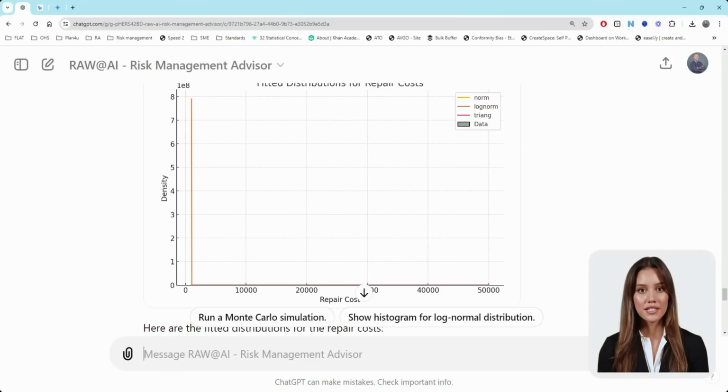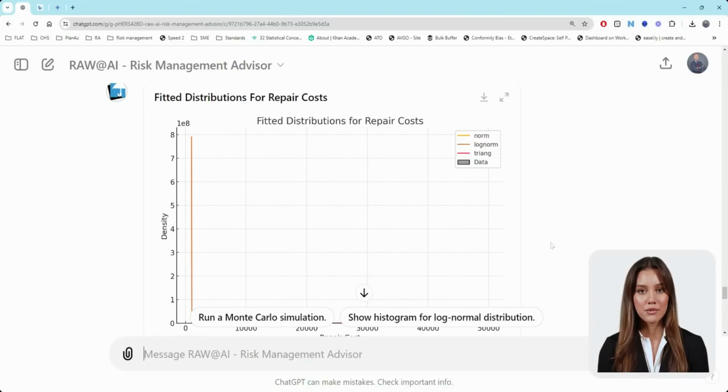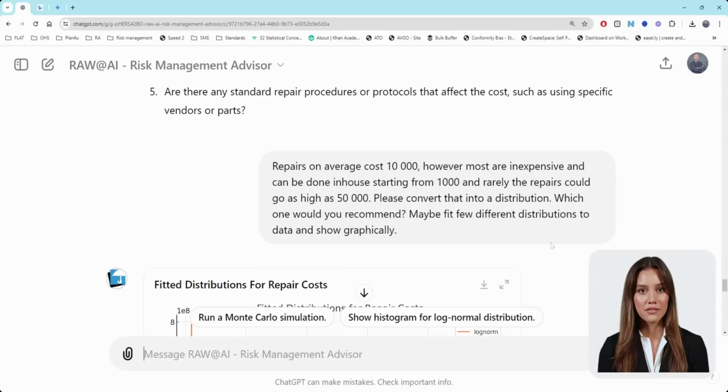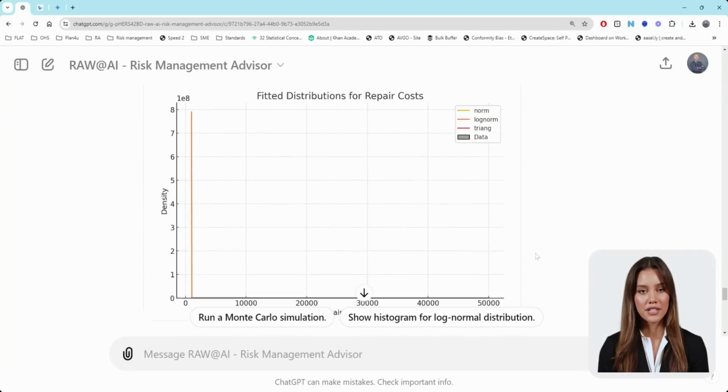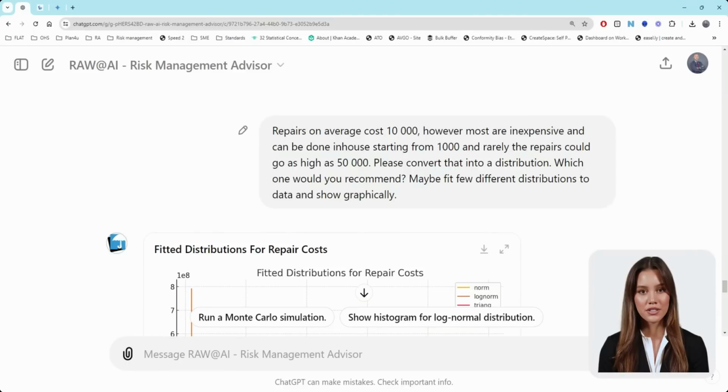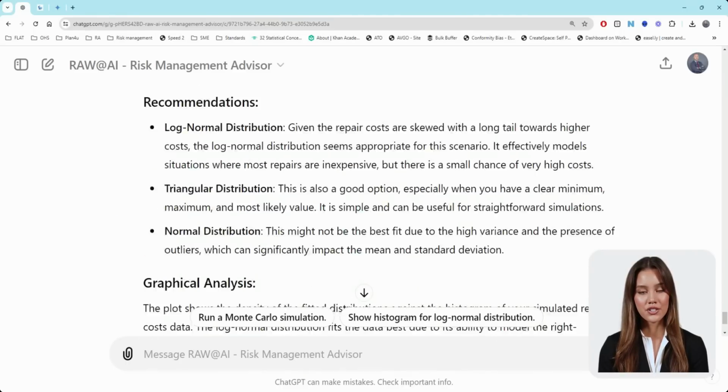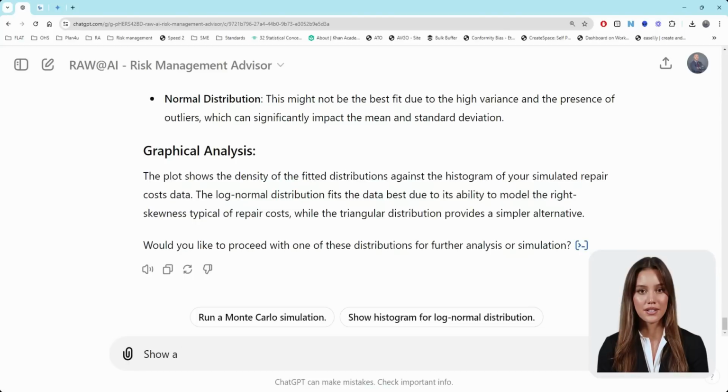Okay, from here, we can see that it didn't work. This is where patience comes in, and you really have to be ready because I want to keep this in the lesson to show that sometimes it just cannot perform the task, likely because the values I provided are not realistic enough to fit standard distributions, possibly due to using vague terms like rarely and most. Let's see if we can improve on that.